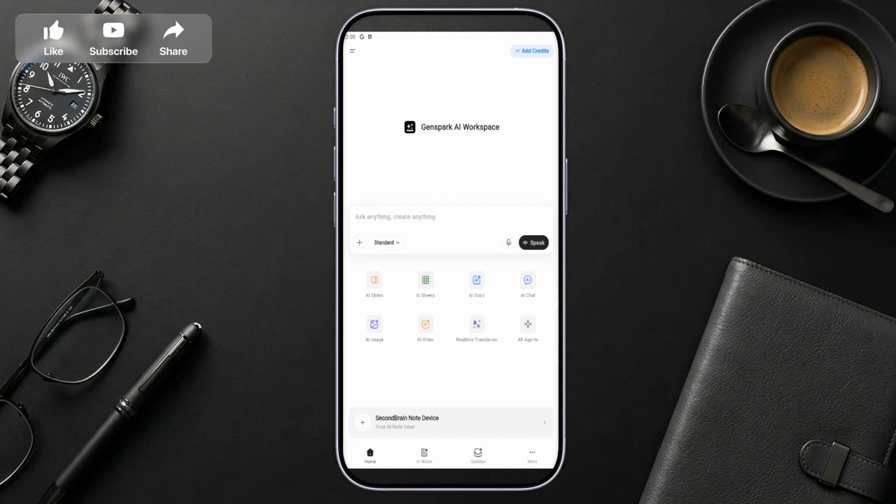In today's video, I'm going to teach you how to use Genspark AI Mobile for finding stock footage. To get started, open the Genspark app on your mobile device and make sure you're on the main screen where you can enter a prompt. This is where everything begins, and the quality of your results will depend a lot on how clearly you describe